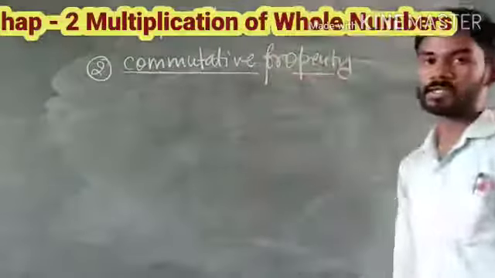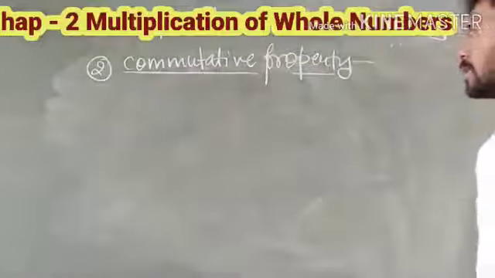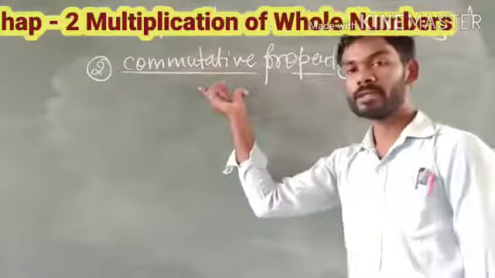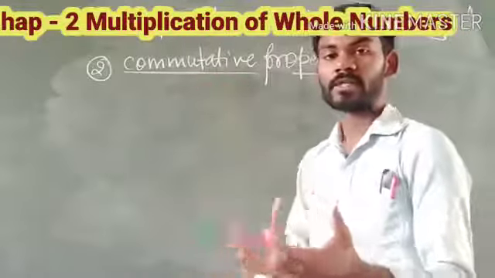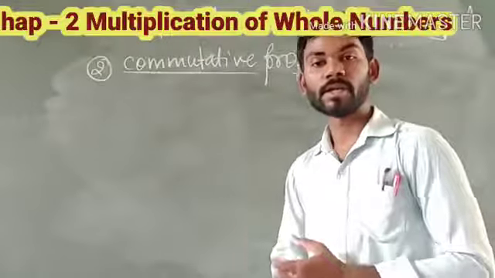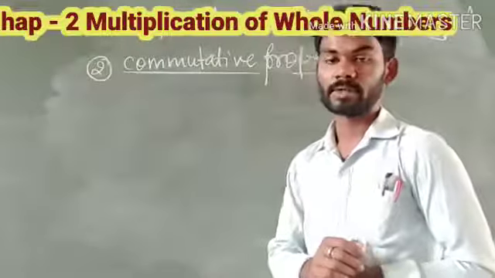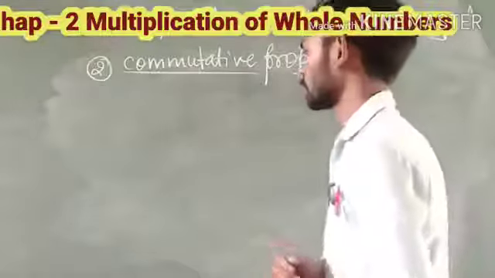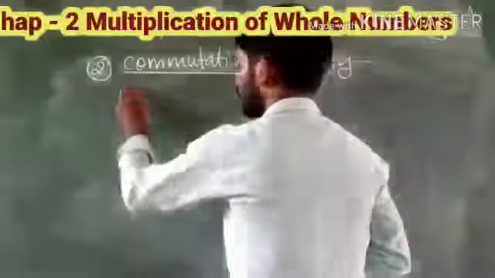Let us see what is the commutative property. Commutativity means interconversion, that is the interchange of the order of numbers in the given mathematical statement. Okay, so here let us consider